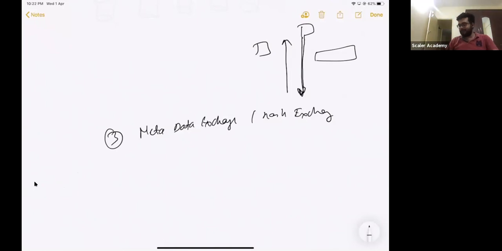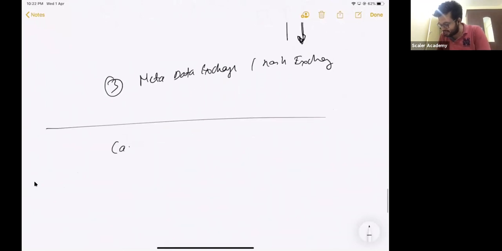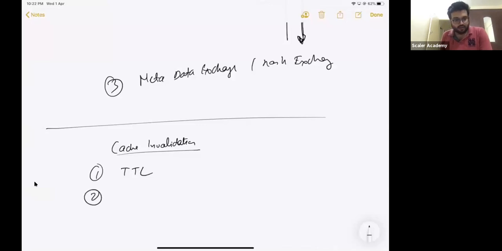Okay, so people are asking, can you write down the other invalidation strategies as well? Till this point, we have discussed 3 cache invalidation strategies. One would be that you can have a TTL, that your resource has a time to live. Does that make sense? Second would be